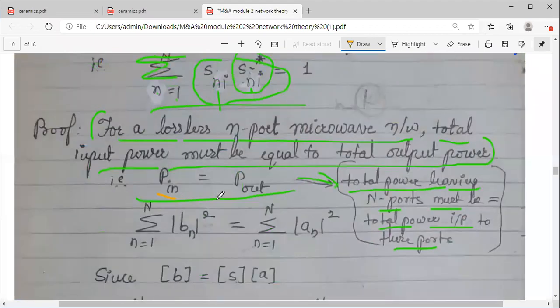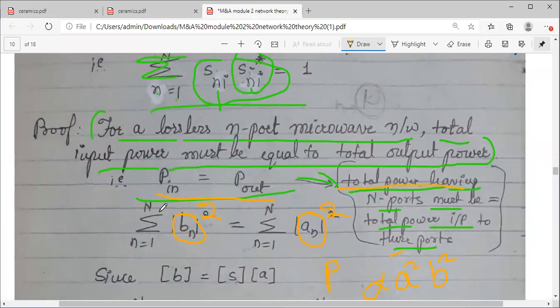Okay, coming to this now, power entering is equal to power leaving. That's why, if you see, I have taken An and Bn. They indicate n number of ports. For n number of ports, and I have taken the square because of the relationship between the power and the traveling wave, whether it is A or B. They are squared, because P equals V square by R, or P equals I square R. So power and traveling waves are related in a squared fashion.